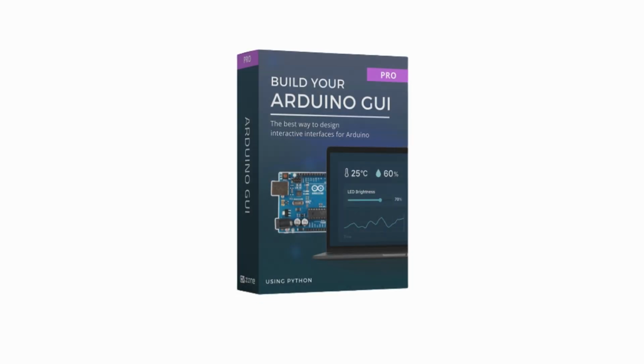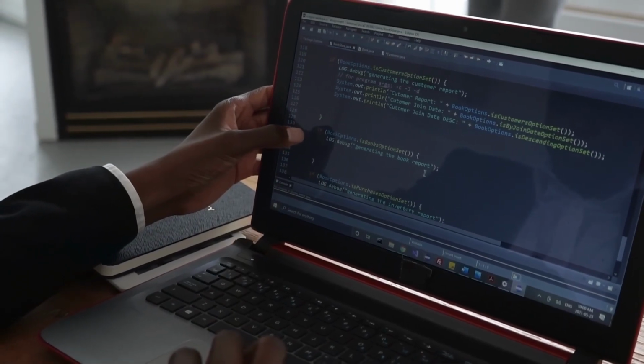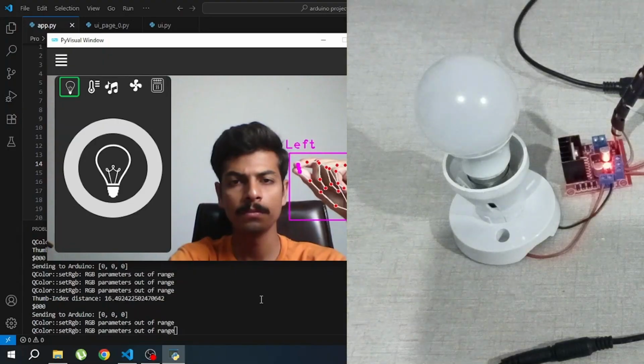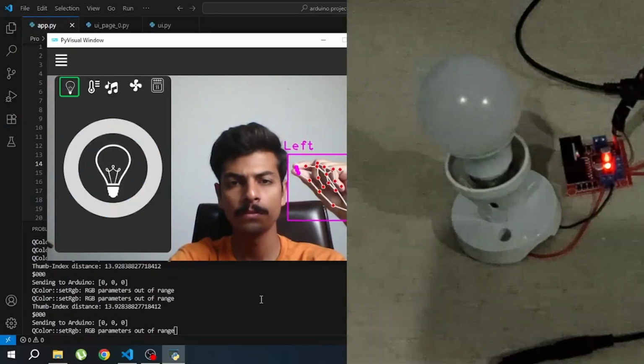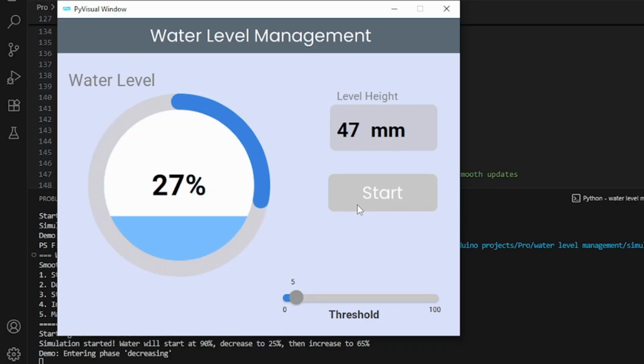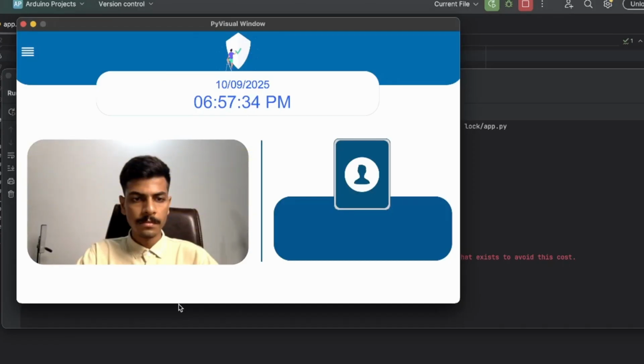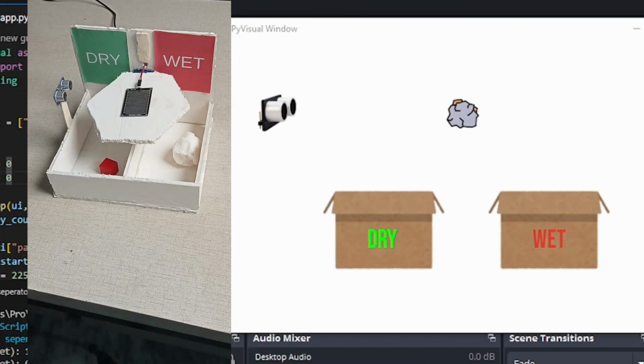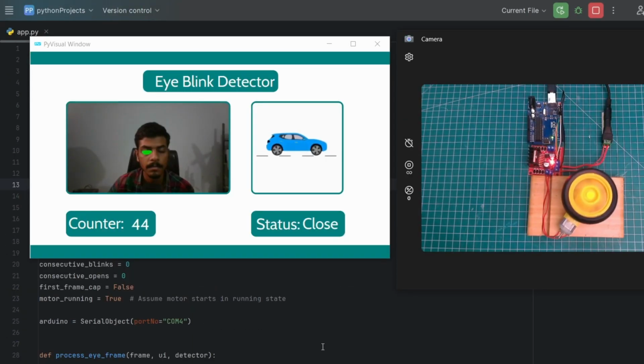In the Pro version, you will master Arduino GUIs with next level projects such as light intensity via hand gestures, robot car dashboard, water level monitor, face recognition door lock, smart waste sorting, virtual LED control, eye blink detector, and